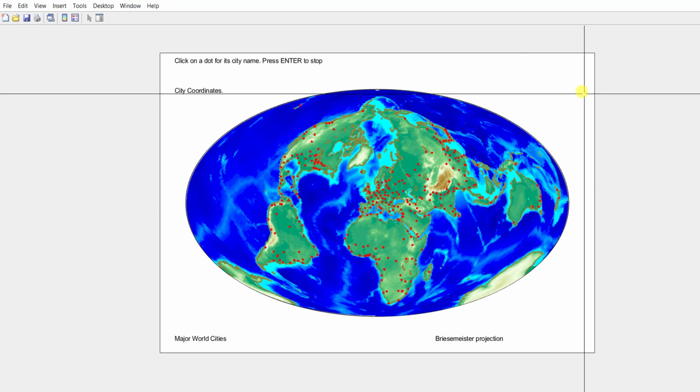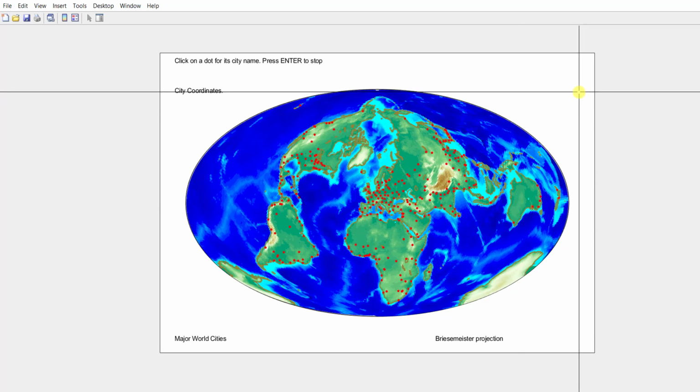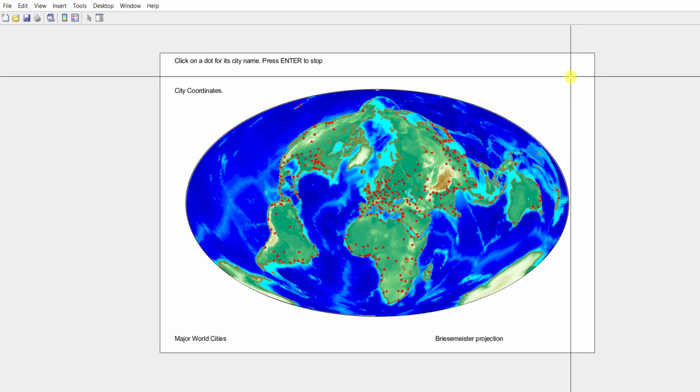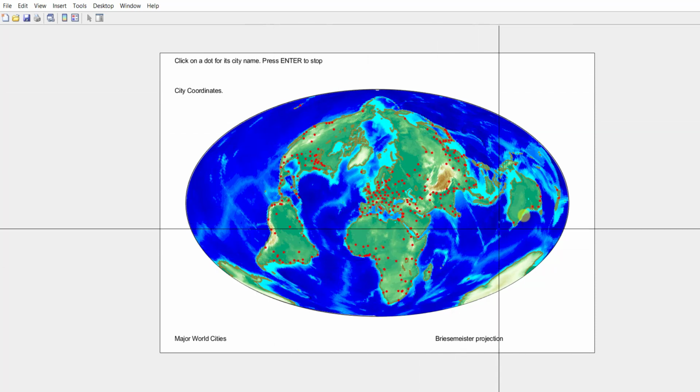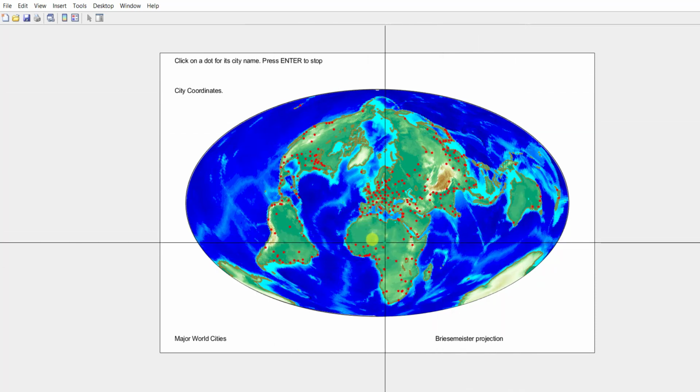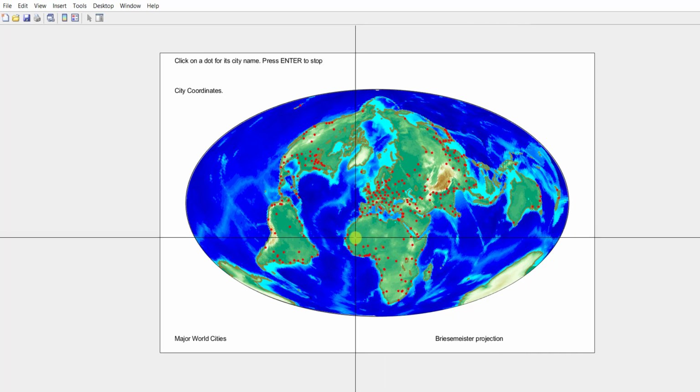So here we can see that the globe is represented on a two-dimensional surface, and this is called the bi-hemisphere projection, where the land area occupies the center of attention. So for example, if I am selecting this point, then the points closer to it, the points which have the least distance from this point, will be this. So the latitude, longitude and city name of this point will be displayed. So I'm clicking here. You can see that the city name of this point is displayed.